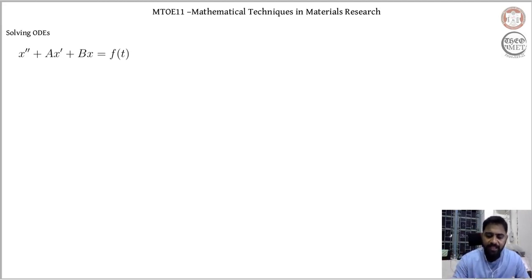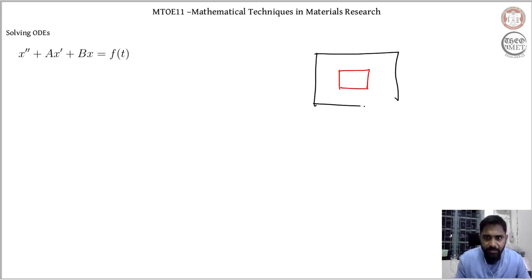For instance, I can imagine my material, a block of iron let's say, being placed in a magnetic field. Again, this is purely an example, and this magnetic field is rather inhomogeneous. The magnetic field, let's say, is distributed like this. The intensity of the magnetic field is distributed like this.